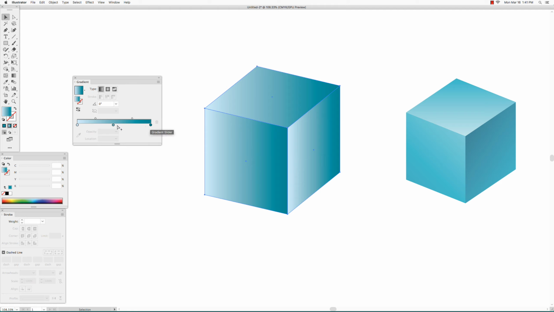So I'm going to adjust this gradient a little more. I'm going to make this dark one a little darker by adding some black to it, and I'm going to make this light one slightly more teal by adding a little bit of yellow to it. Try to match this as closely as possible. Okay, but make sure you have a pretty high contrast between the light and the dark, because we're going to